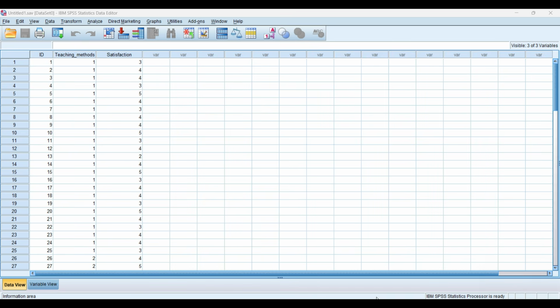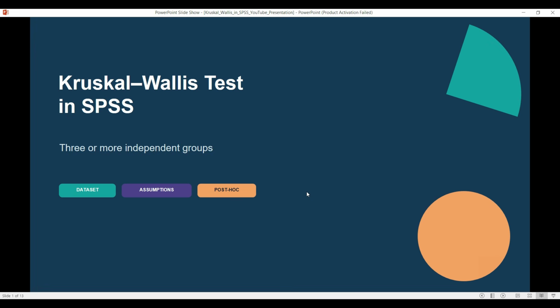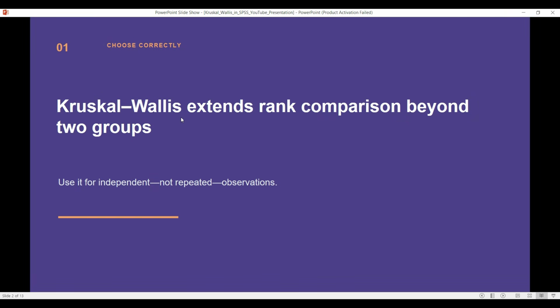So before performing the Kruskal-Wallis test in SPSS, we need to know the assumptions of this test, criteria, threshold values, and other important aspects. So we will go to our PowerPoint presentation. Okay, so welcome to Kruskal-Wallis test in SPSS. This test basically extends rank comparison beyond two groups. So first of all, we need to compare the difference between Kruskal-Wallis test and